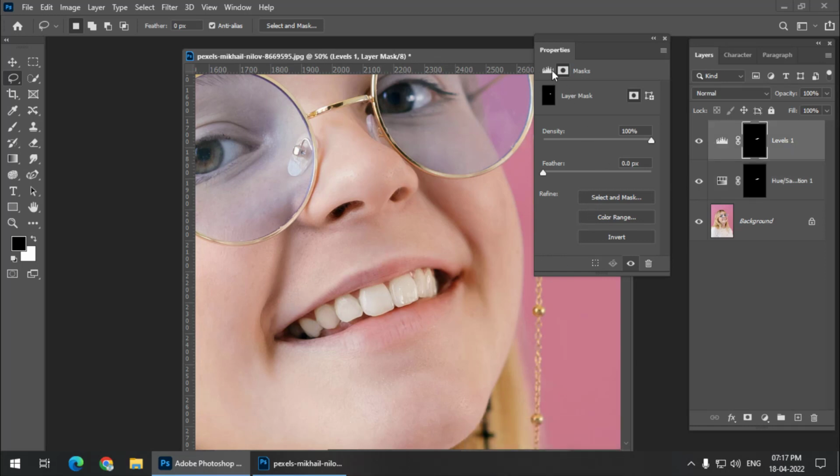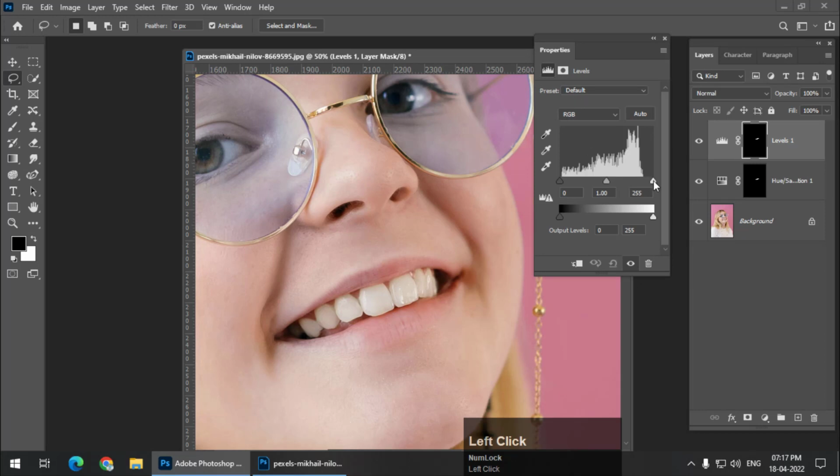Now I will increase the levels. You already know, if I drag this bright area or the white point to the left, it will increase the lightness or brightness like this. Now don't worry about this extra area which is looking weird. So let's say I want this much brightness, so we can simply stop,